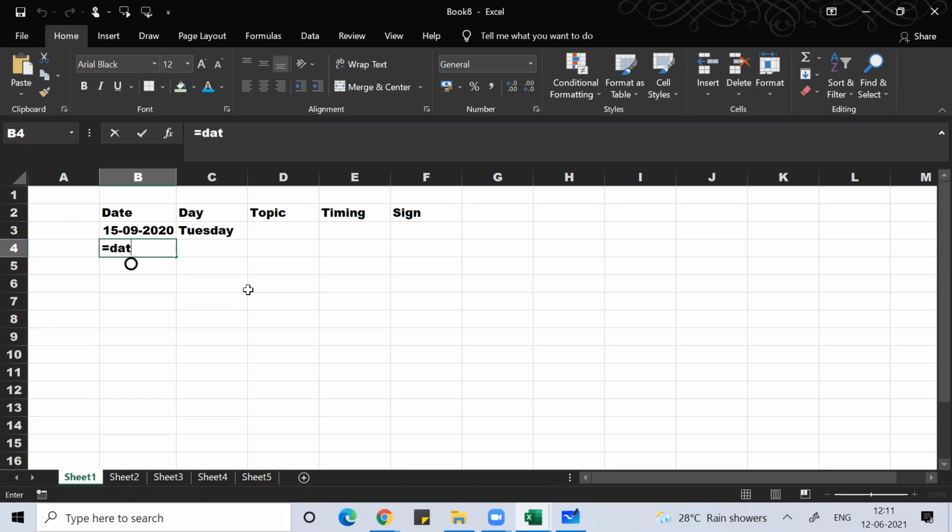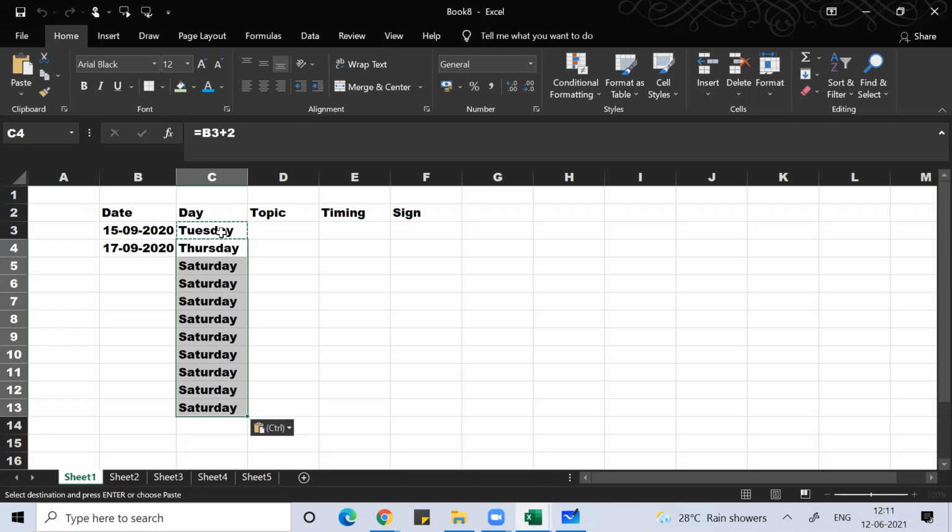So again, you don't have to use the date function and all. You simply do up arrow plus 2. If you do up arrow plus 2, it will give you the 2 days after it. And you simply copy this formula and paste down. So it will give you the day. So September 17 September. Next, I did training after 4 days.